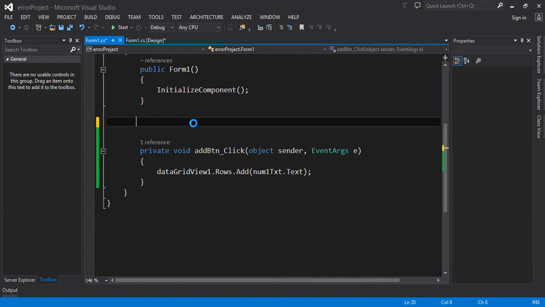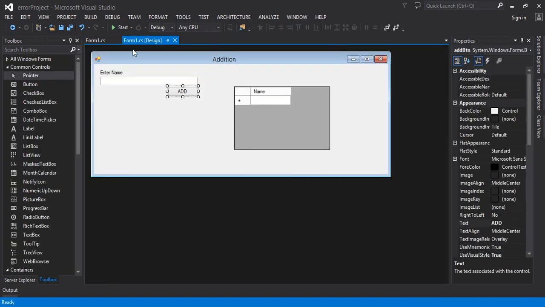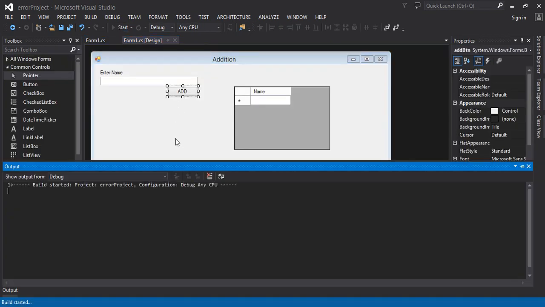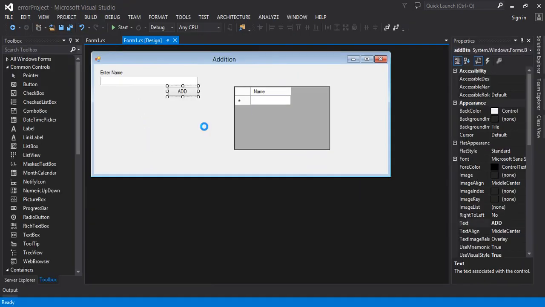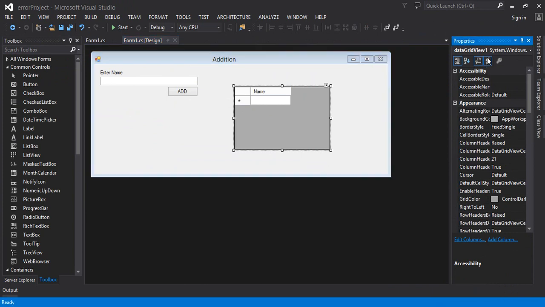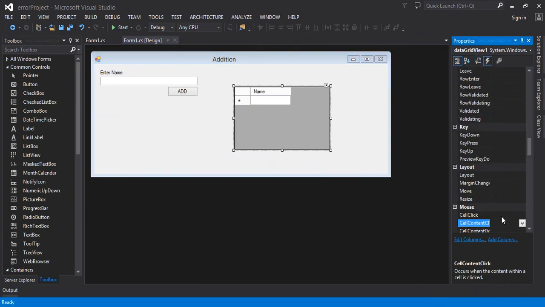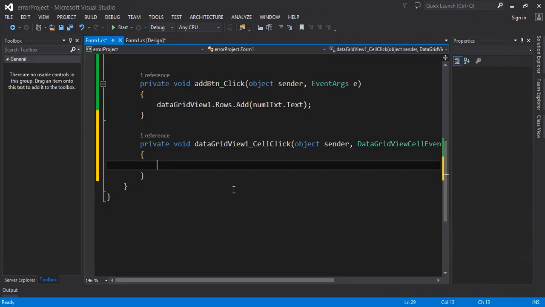Now let's run this program and check what is happening. Start, and when I click add, a blank row is added. Now if I wish to get back my data, we'll see whether the error appears or not. So go to its click event, the cell click event, and right here